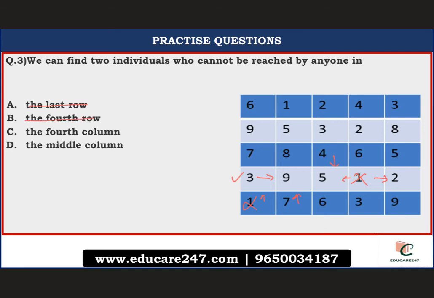Let us check option C, that is the fourth column, this one. So already one over here is one person who cannot be reached. This 4 can be reached by this 3, right. This 2 cannot be reached by anyone. Everyone around this 2 is at a height greater than that of 2, hence this also cannot be reached by anyone. So we already have this 2 and this 1 in this row, that is 2 individuals who cannot be reached by anyone. 6 can be reached, 3 can be reached, right. So there are exactly 2 individuals who cannot be reached by anyone in this fourth column,